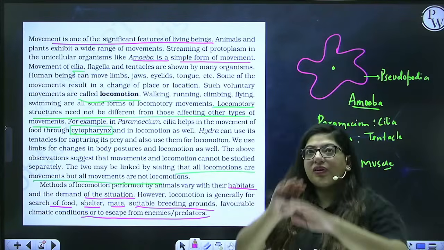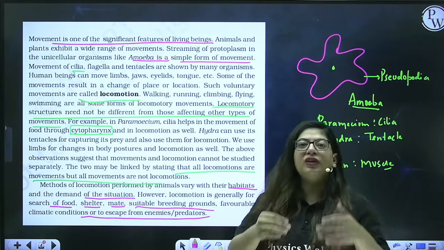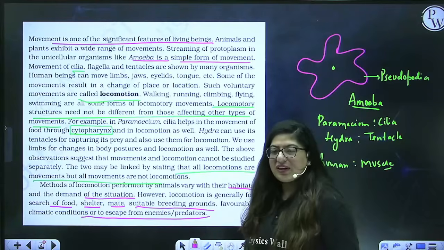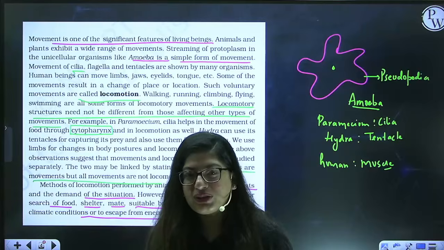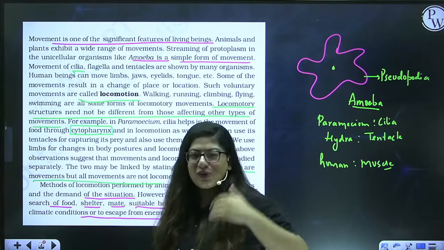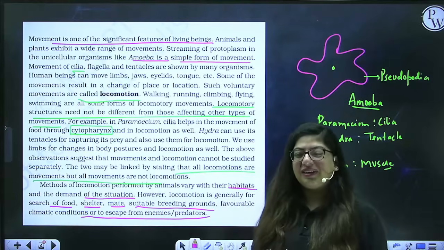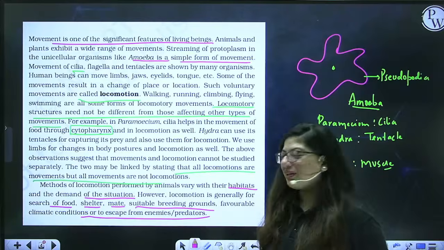Shelter, to have a house, a big house. If you go in search of a job, you will have the shelter, right? Mate, to find a good mate. For example, if the boy is not earning well, will any father give their daughter to that guy? No one will give. So for better search for a mate, limbs are also given, so go use your limbs, do something and earn money.